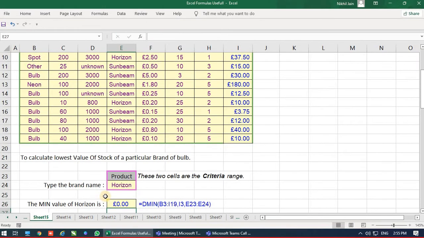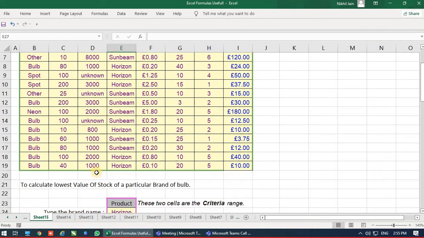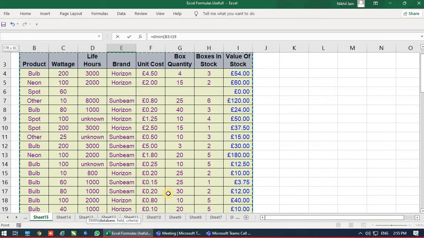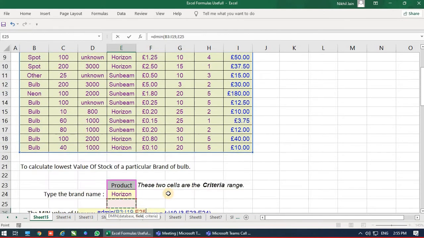So next formula is DMIN, the minimum value, same as DMAX. We can use DMIN to find the lowest value in a database. DMIN, bracket open, first we have to select the entire table, comma, then which value you want in that table.